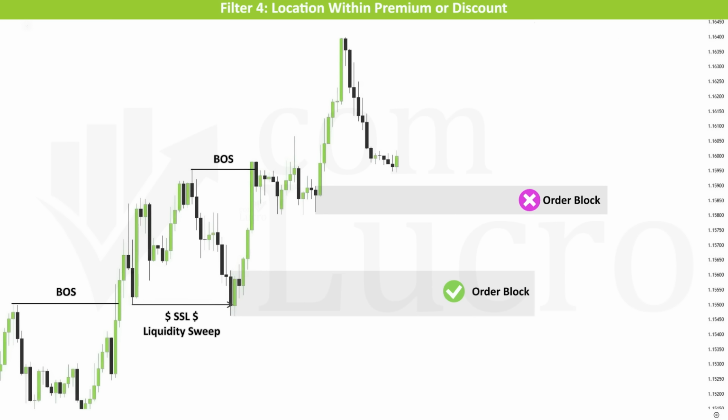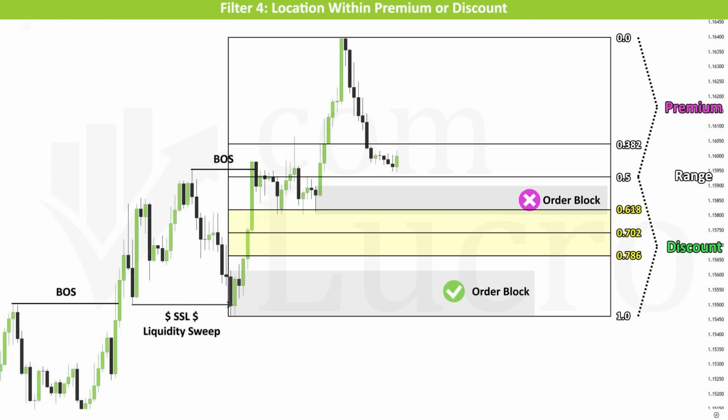Points of interest sitting at the extremes of the market always have priority over the ones formed in the middle of the range. In a bullish market structure, you focus only on demand zones inside the discount area, the lower portion of the range. In a bearish market structure, you focus on supply zones inside the premium area, the upper portion. This filter alone removes a huge number of weak setups and keeps your attention on the areas with the